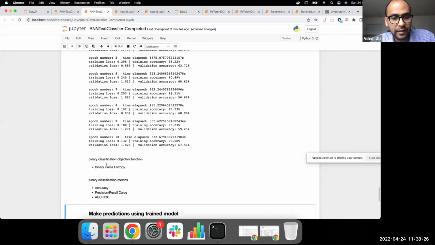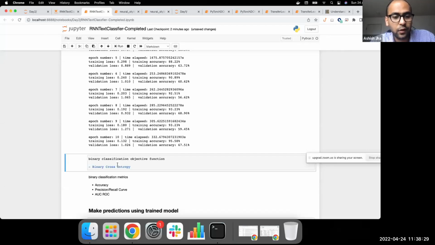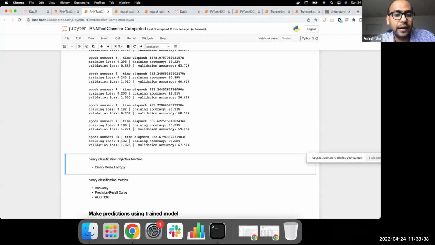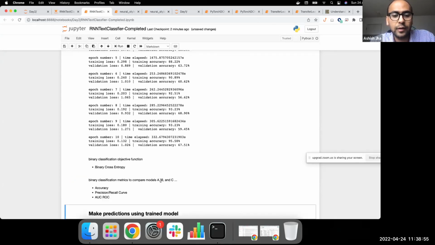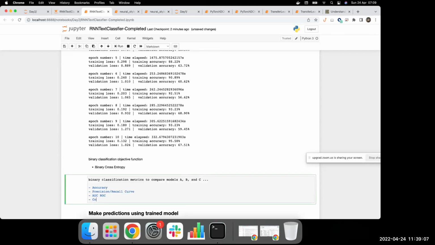As I was saying, the objective function, which is what our optimizer works to optimize, is binary cross entropy in this case. This will be helpful for the model training part, so this is what we need to focus on during the training. Once you have trained your model, you can use these metrics to compare, say, models A, B, and C. If you have several trained models and want to compare them on the final metrics, like how your model will perform, then you can use these advanced metrics as well. So I would say these are the final step after we have done training.